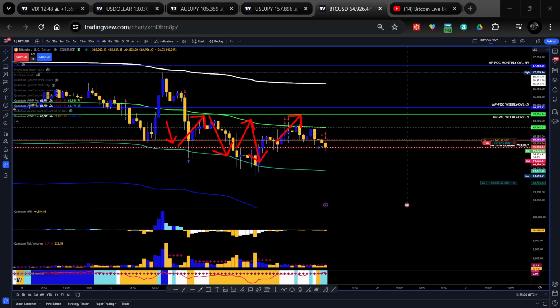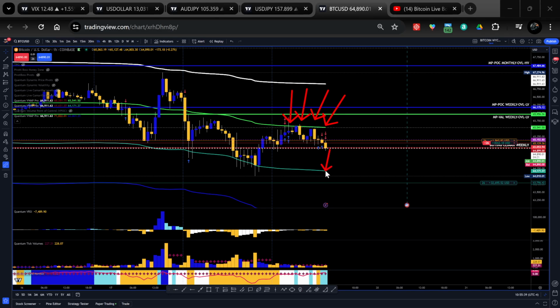Right, so that kind of got rejected. So that's a flip of my position right there, right? Because we're not getting above that first lower deviation and it's rejecting, and now we could get down to this level. So I think my take profit was somewhere around this level, but I think we're going to break down and get to Camarilla S4 and S1, right? Because I don't think this is going to hold anymore.